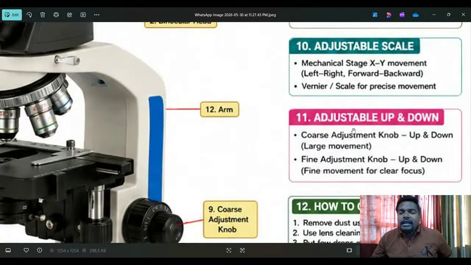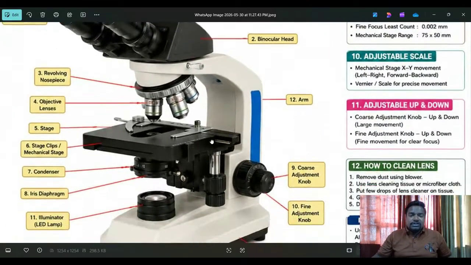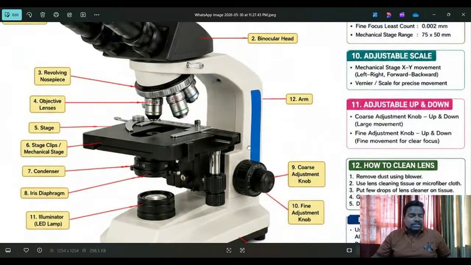Next, 11th point, adjustable ups and downs. I'm going to explain each and every point to cover the medical. This is the binocular equipment. If you watch the live session, you will definitely get more information. Okay. See here, 11th point,